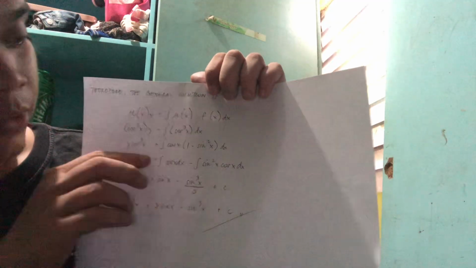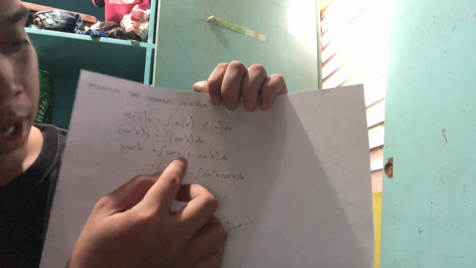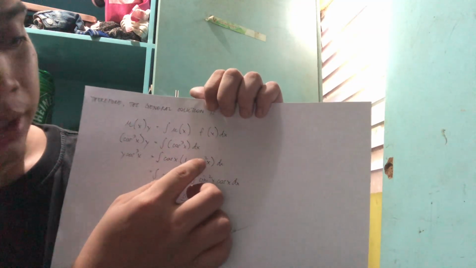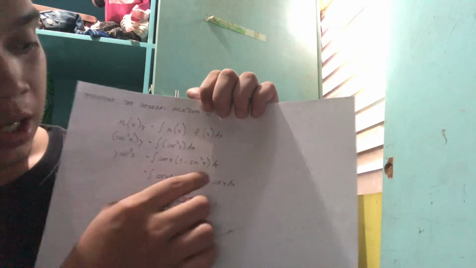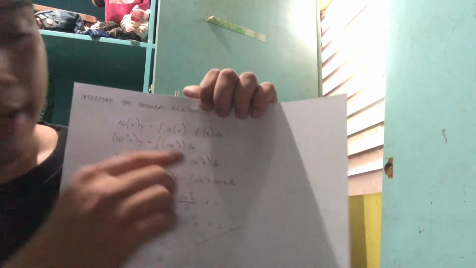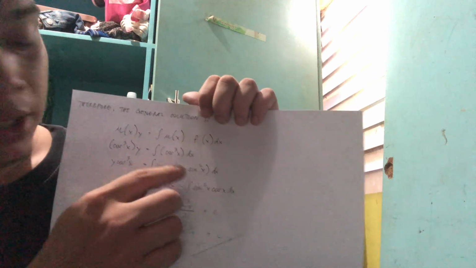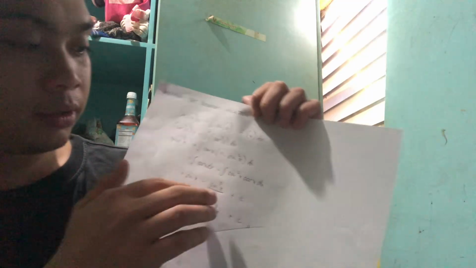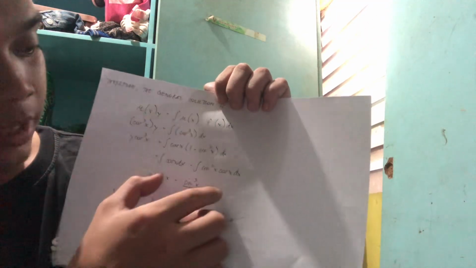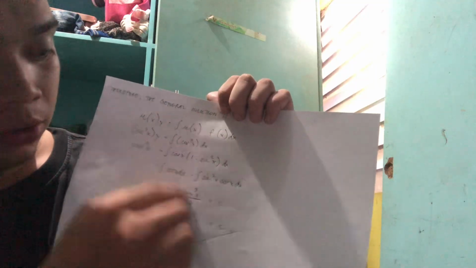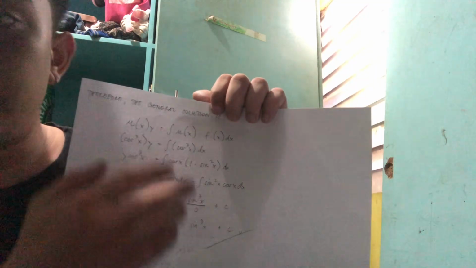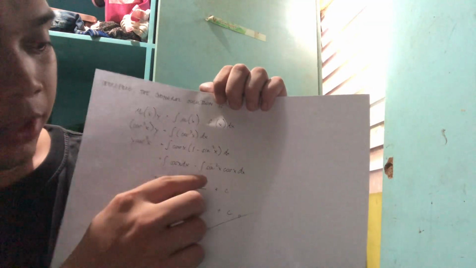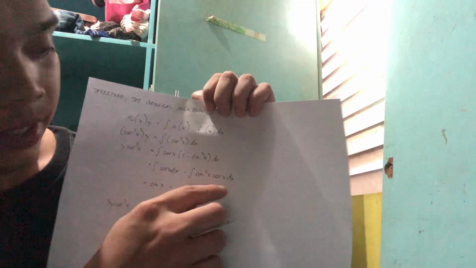Therefore you have to switch sides here so that you get more of the process of the general solution. So equals the integral of cos x open parenthesis 1 minus sine squared x dx, because 1 minus sine squared x is equivalent to cos squared x. So you just have to separate it like this. After that, you follow the process of doing the general solution. So integral cos x dx minus integral sine squared x cos x dx.